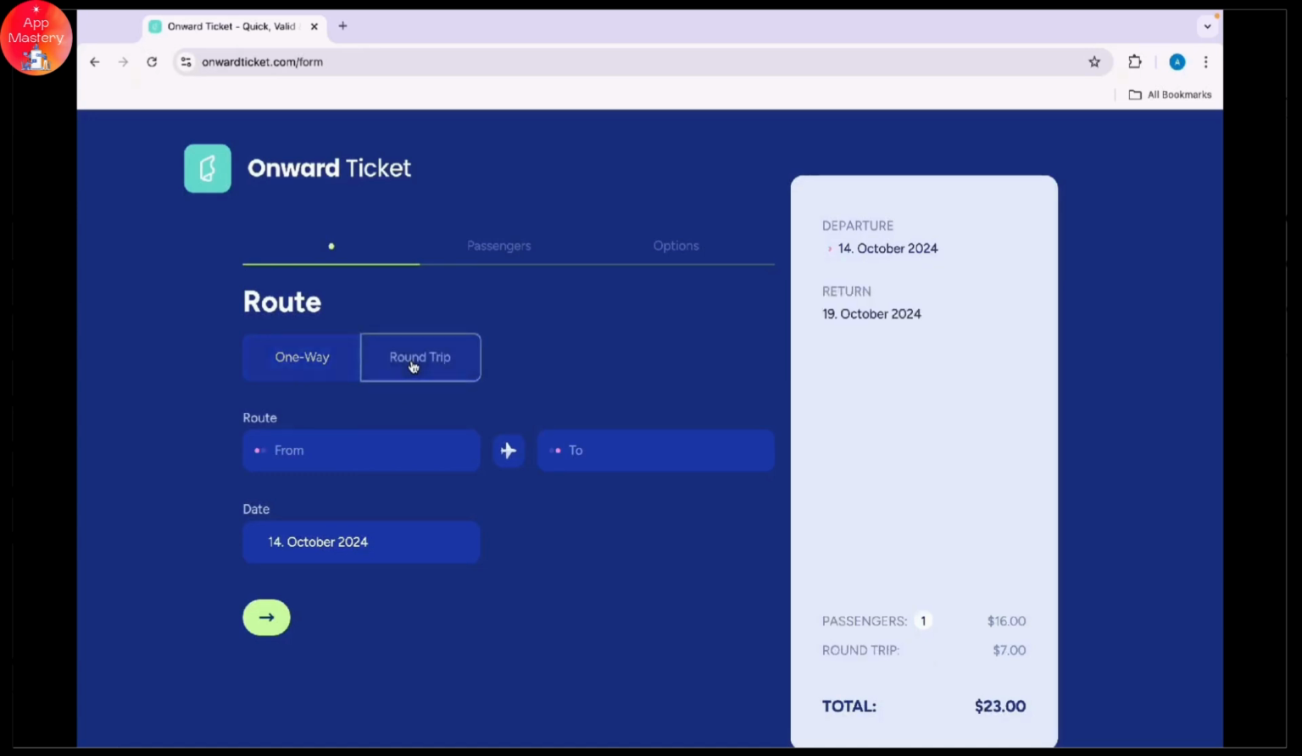Departure city, the city from where you are departing, and the destination where you are going. Also the travel date, the date for your onward travels. You will have to fill out all the information, and after you fill out this information, onwardticket.com provides flight reservations